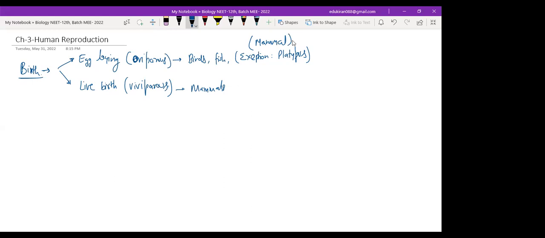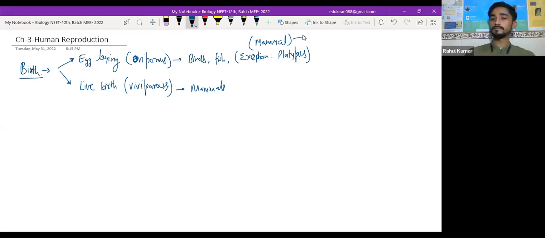Hair? No, the word mammal comes from mammary glands. All the mammals will have mammary glands. That's why they are called mammals. Hair also is not present in all the mammals. For example,